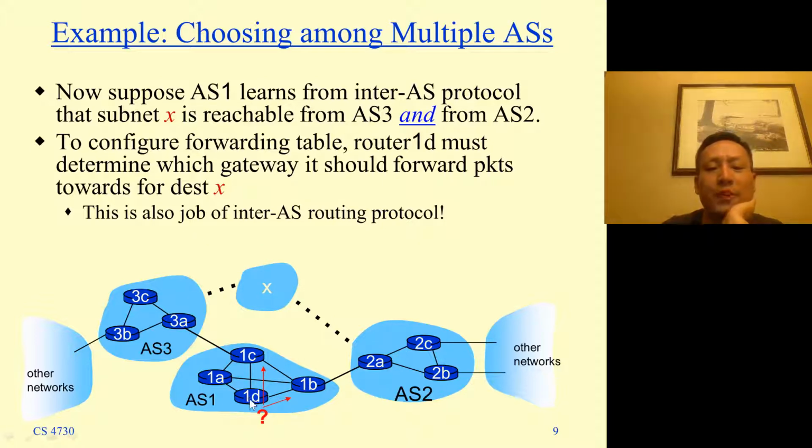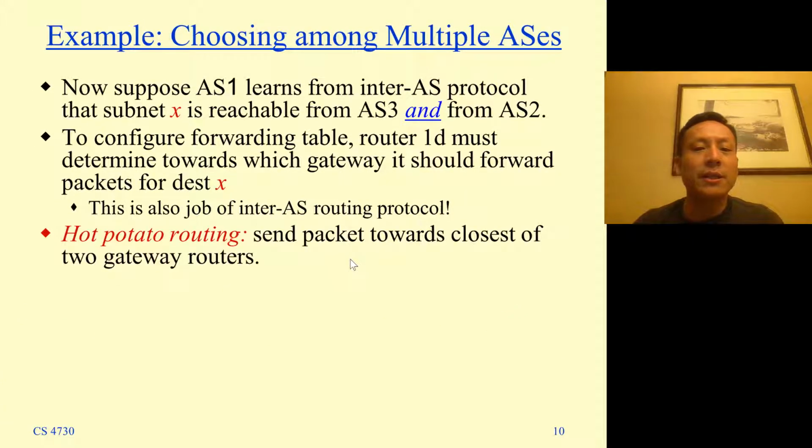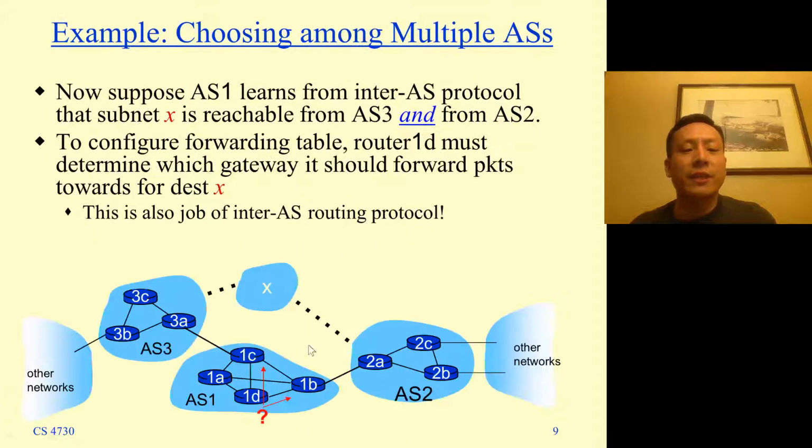So when router 1D receives a packet with a destination address falling into X, you have to decide whether to send it to 1C, or send it to 1B through AS2. This is actually the interdomain routing protocol's job to tell you. In these scenarios, when we face this decision, either go to 1C or 1B,